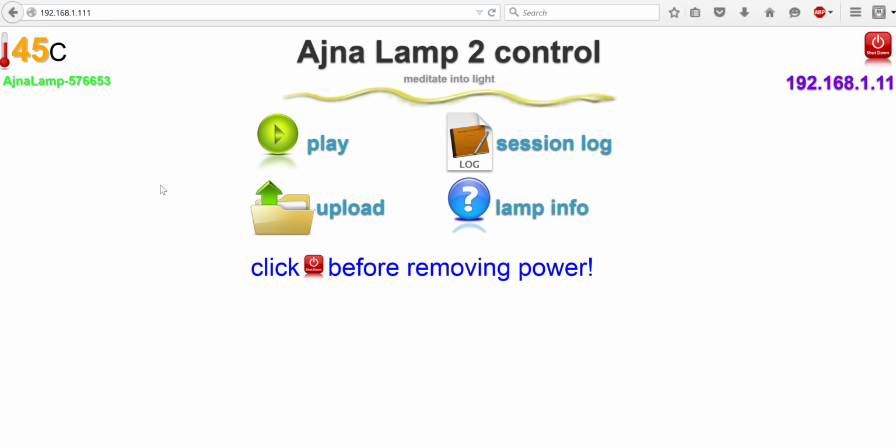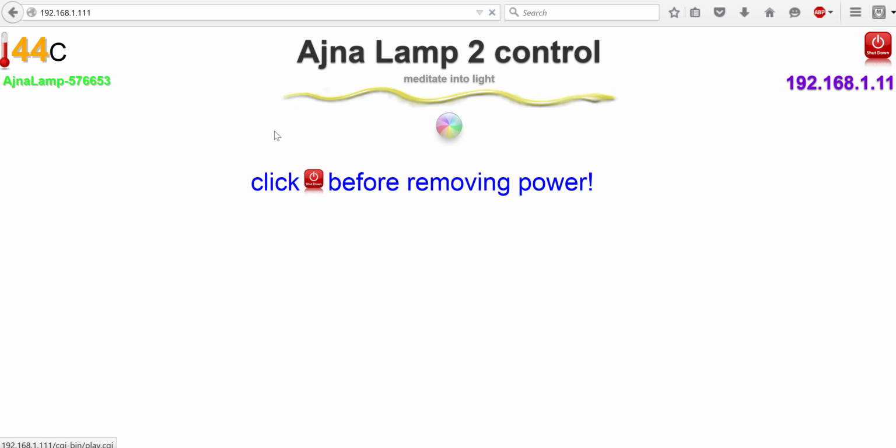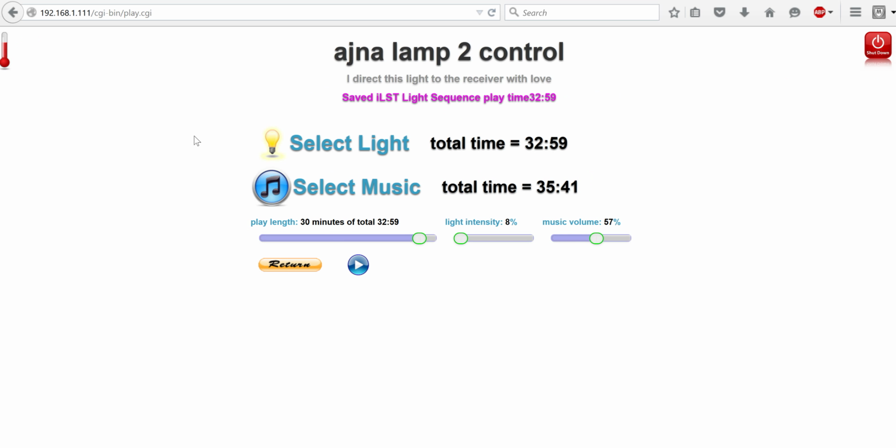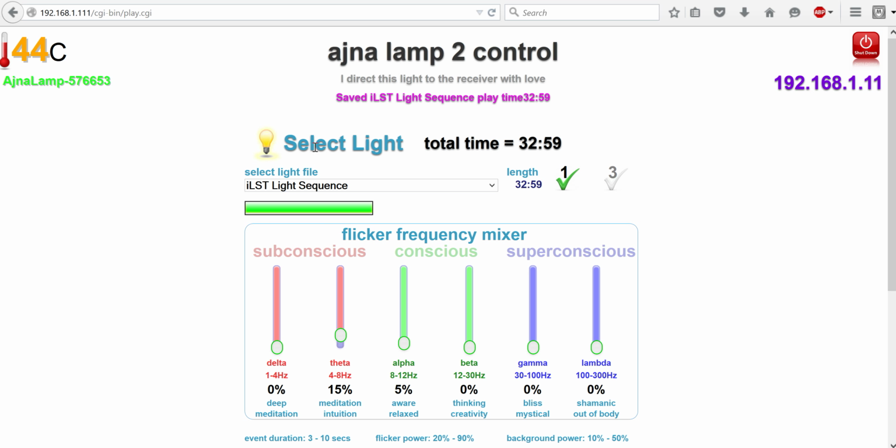Hello, this is a tutorial to get you started with an iLST three-stage session on your Ajna lamp. Once you've connected to the Ethernet or Wi-Fi, go in here and press play. And then it will come up with the option to select your light and your music. You click anywhere along here to get into the select light section, and you'll see that it's dropped down to